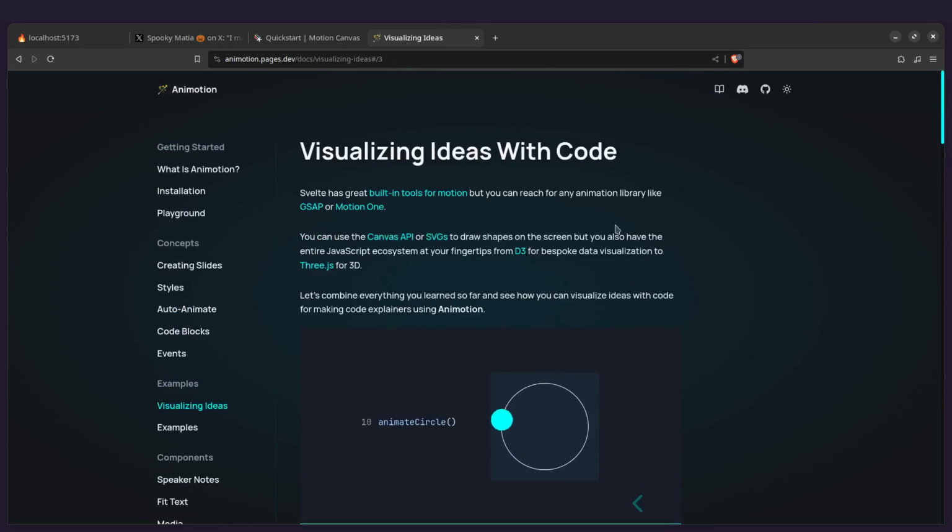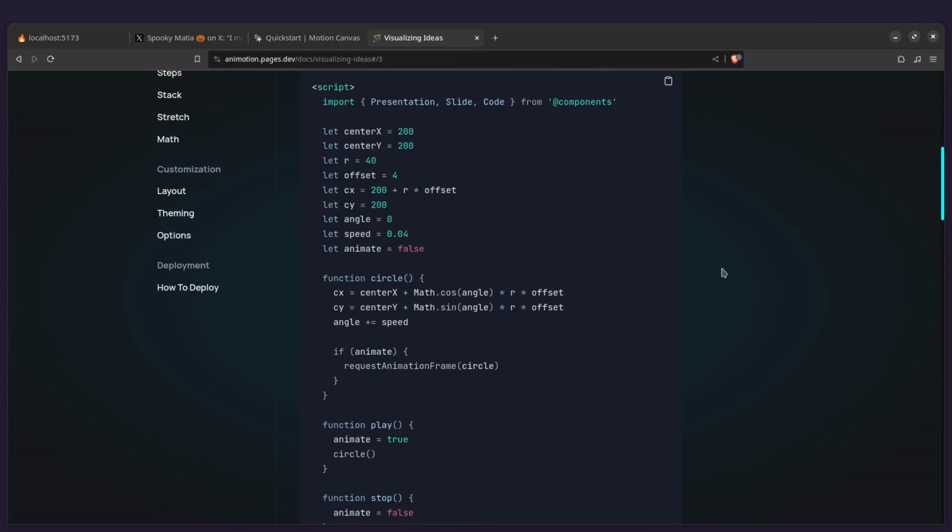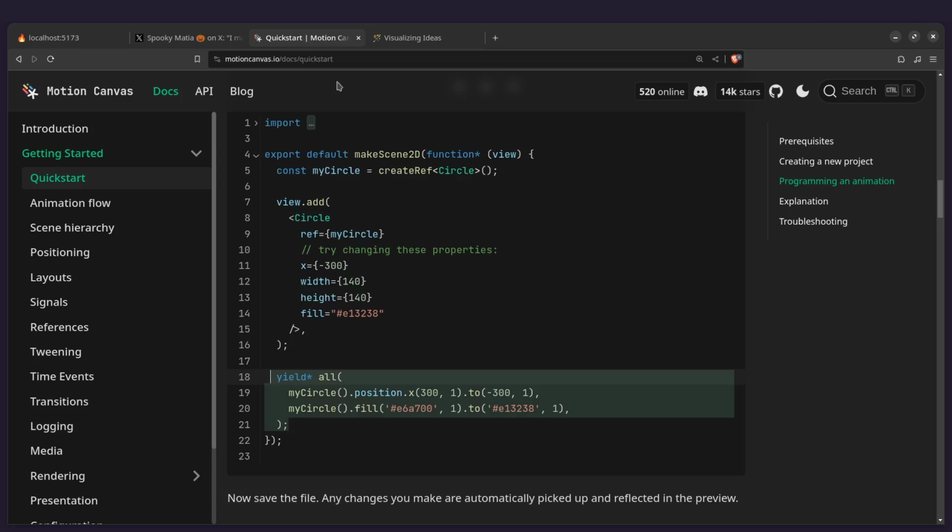But of course, the missing piece is the animation, right? Because this is bring your own animation. You can use anything. You can use GSAP, Motion One, etc. It's just HTML, CSS, and JavaScript. So I was thinking for a long time, how can we make an animation library that complements Animotion but isn't opinionated? Because in Animotion, there is no concept of a timeline. You are the timeline. And after trying all of these things, I realized that Motion Canvas was right all along.